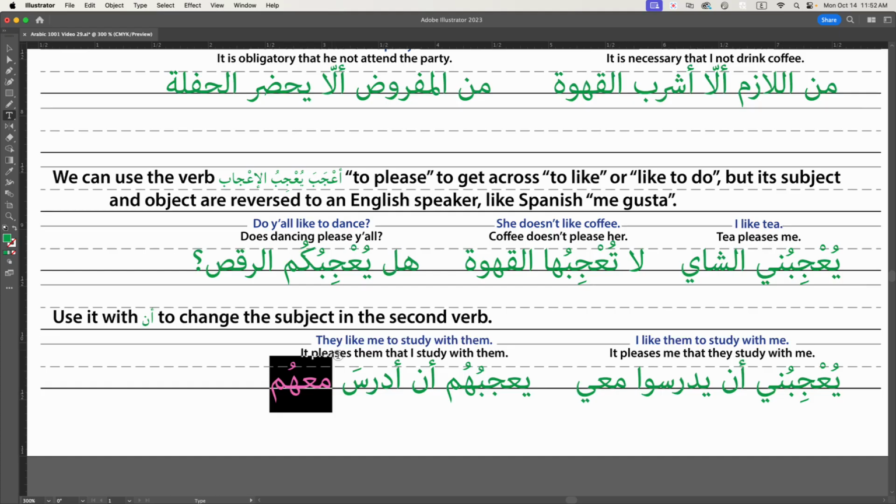And you should be, by all means, studying with other people when you're learning Arabic, because some people are going to be better at some things and some people are going to be better at other things, and that can completely help you out. Absolutely get a study group together when you're studying Arabic, and you'll have a much, much easier time learning the language. But for now,